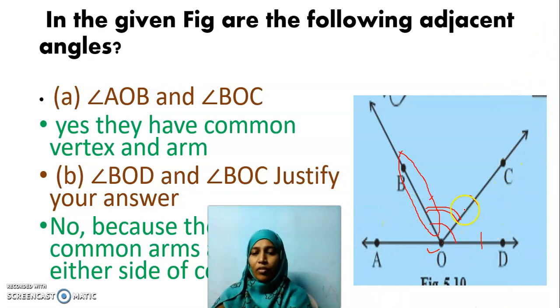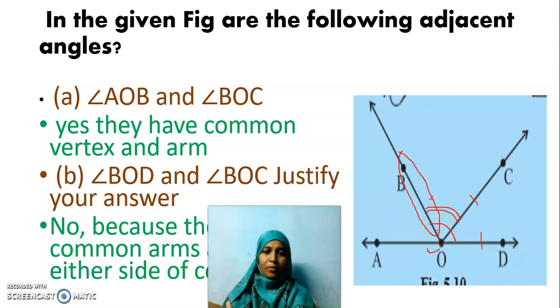So, if one of the angles is a part of a bigger angle, see here, this BOC is a part of a big angle BOD. BOD is a very big angle. In that only we have a small angle. In such cases, we cannot say them to be adjacent angles. Hope you understood what is an adjacent angle. It should surely satisfy the three conditions. Common vertex, common arm. The non-common arms should be lying on either side, not on the same side.